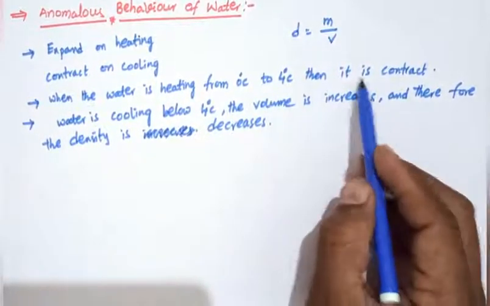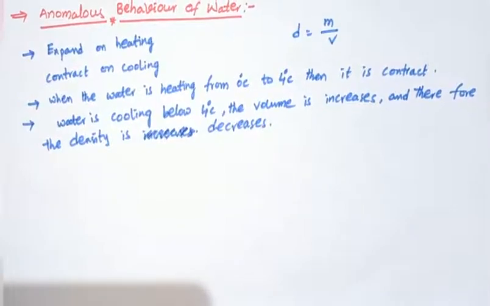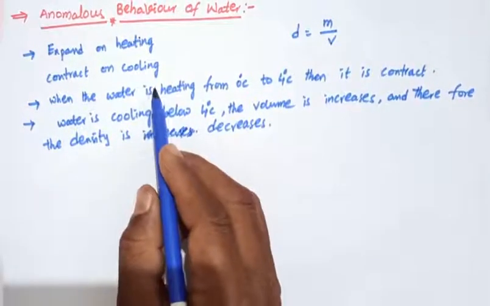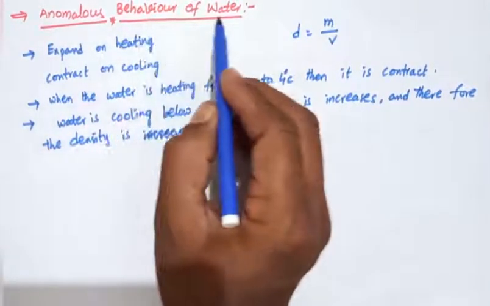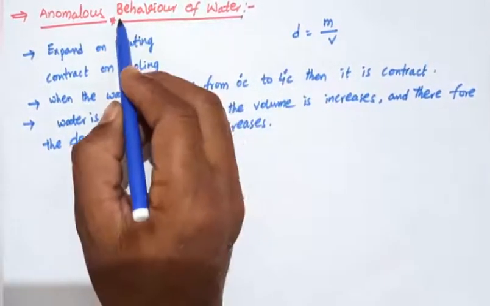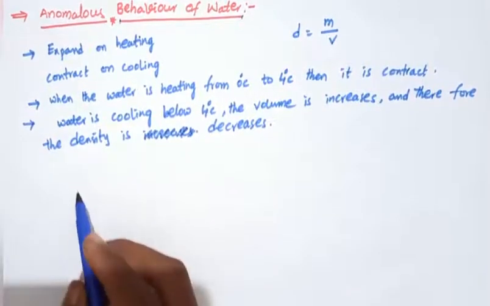Okay, when volume increases, then density decreases. Such type of behavior is called the anomalous behavior of water. So why does it happen? We can draw